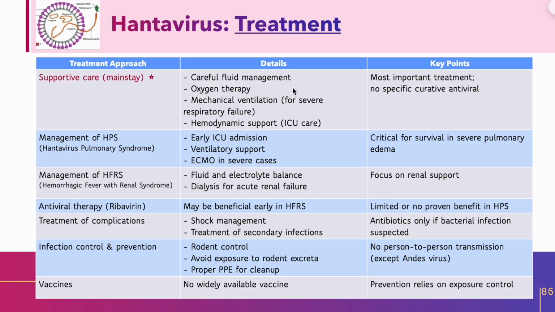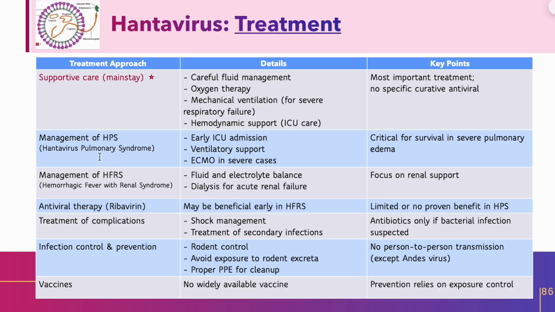If there is a lot of plasma leakage, you can treat with fluid management, and support with electrolytes or fluids if the patient lacks them. For hemorrhagic fever with renal syndrome, I can use dialysis for acute renal failure ก็คือฟอกไตนะ